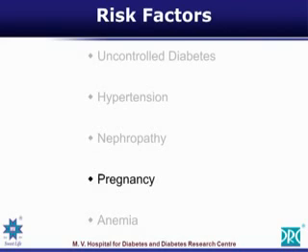Pregnancy. A pregnant woman can become diabetic and then have problems because of diabetic retinopathy. A diabetic woman can become pregnant and an accelerated type of diabetic retinopathy can set in. All these conditions are very important during pregnancy for the early diagnosis and aggressive treatment, sometimes even going on to termination of pregnancy to save the vision of the patient. Anemia is one of the most recognized causes of accelerating the appearance of diabetic retinopathy in a diabetic patient.